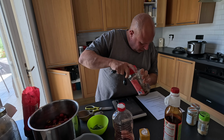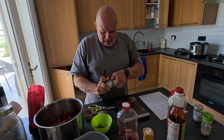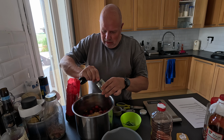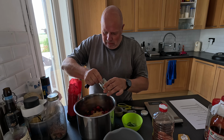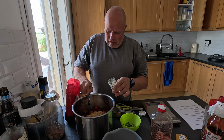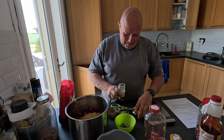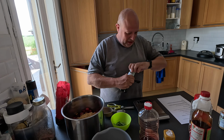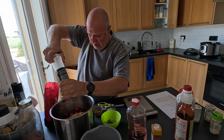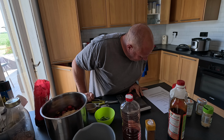The next bit we want is 4 teaspoons of dried ginger. 1, 2, these are big teaspoons, 3, 4 man-sized teaspoons, and a bit. Never have it too chilly. That teaspoon. Salt and